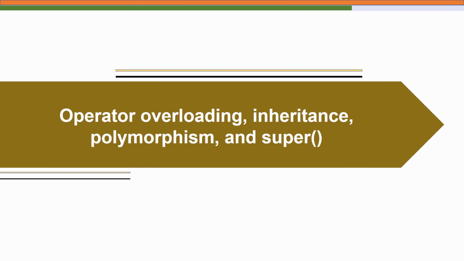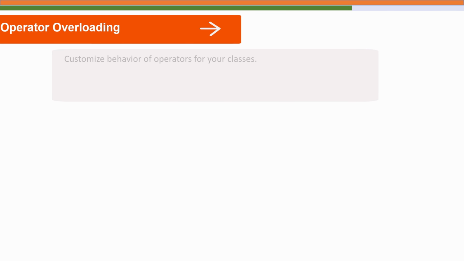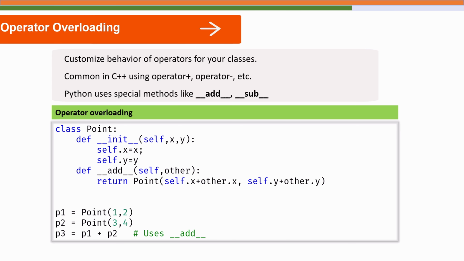Now we are going to explore how common object-oriented programming concepts in C++ translate into Python. So we will cover operator overloading, inheritance, polymorphism, and the super function. Operator overloading lets you define how operators like plus or minus behave with your objects. Python uses special methods such as __add__, starting and ending with double underscores, for addition, and __sub__